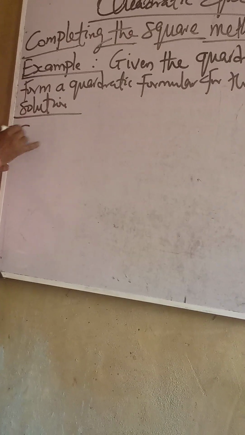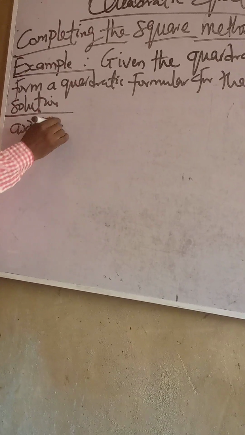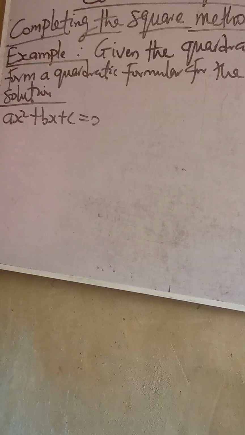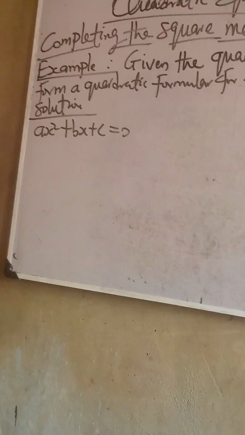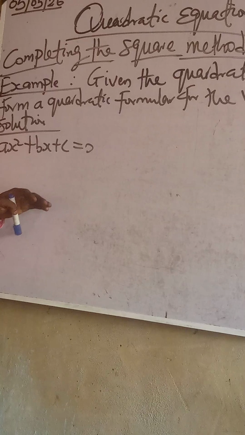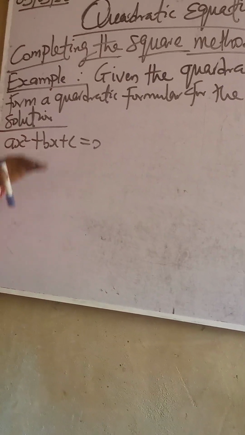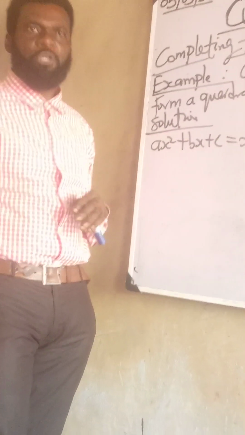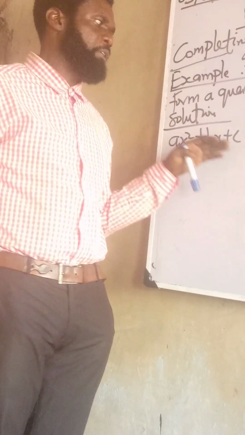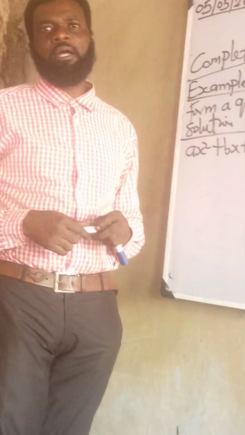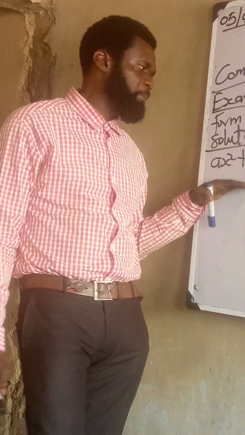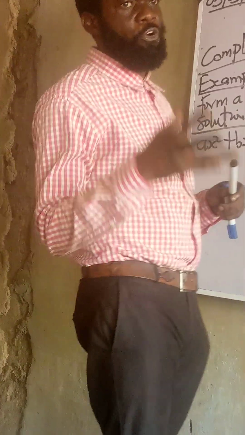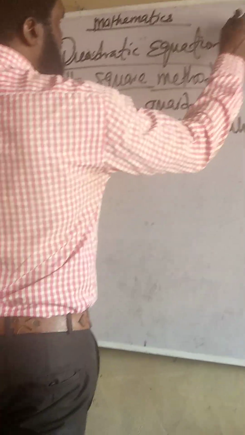We are given ax squared plus bx plus c equal to 0. Like I told you before, we have methods and steps in solving this particular question. Principles are to be applied to derive this equation to get a particular formula. And the formula that you are going to get after deriving this, for the values of x, is x equals